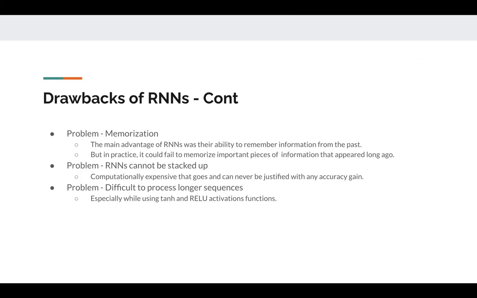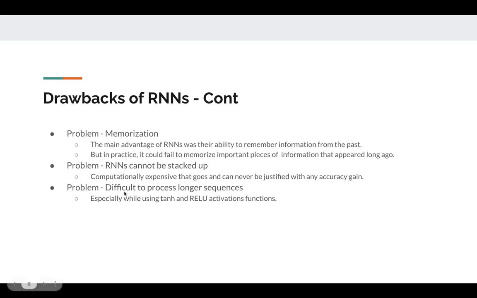I was reading this yesterday. The author gives a very blunt opinion about this. He says that we do a lot of training, and the computation becomes very expensive. And at the end, we don't get the result we are looking for. Say in this RNN it takes 5 minutes and we get some 60% accuracy. After stacking up, it takes like 20 or 25 minutes, and it doesn't move much. It comes to 64 or 65. That's it. So the computation becomes expensive, and it can never be justified by any accuracy or metric gain. That's one more problem with stacking up RNNs.